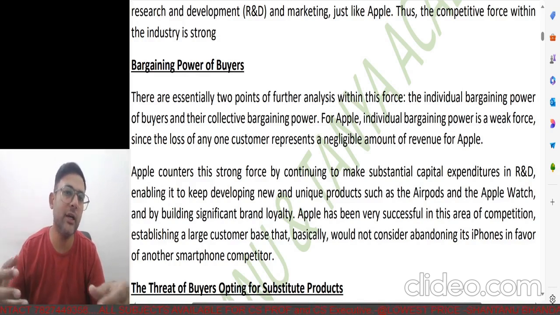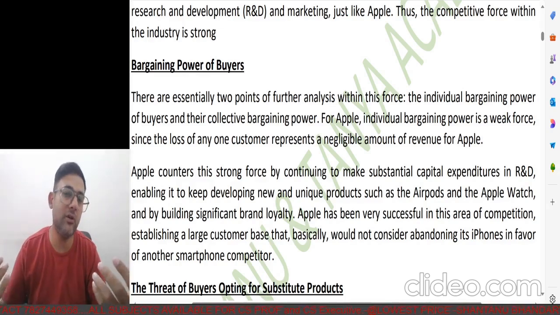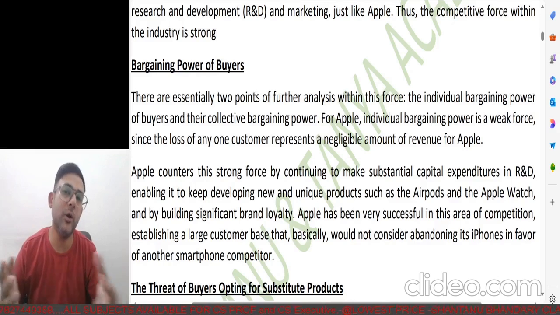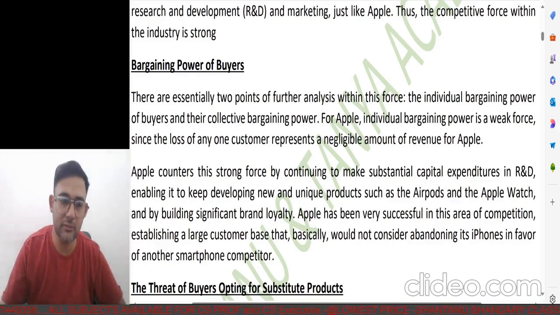Everything that you'll find in their home or even in their family, you'll find that they will be using iOS devices only. So it really depends. It's kind of a preference, and that's where brand loyalty comes in, because they might have seen a significant change from Android to iOS, and that's why they have shifted to iOS, and they are perfectly fine with that. So yeah, that's the thing.